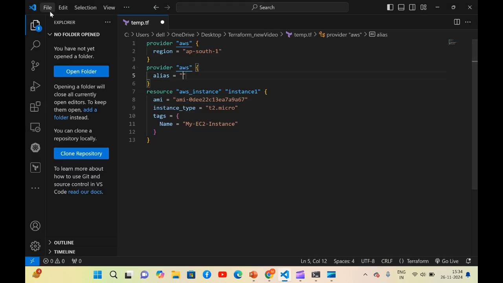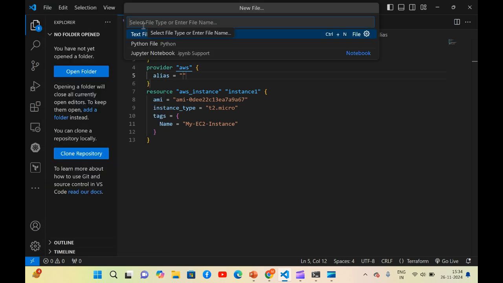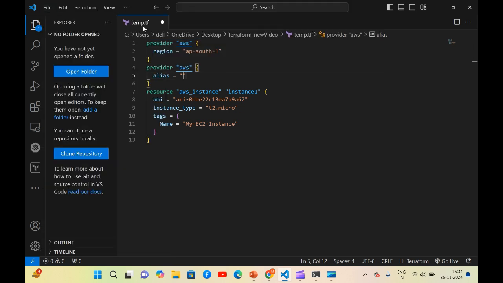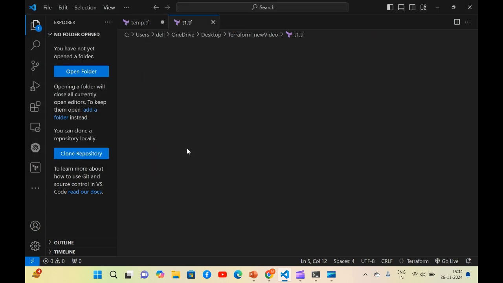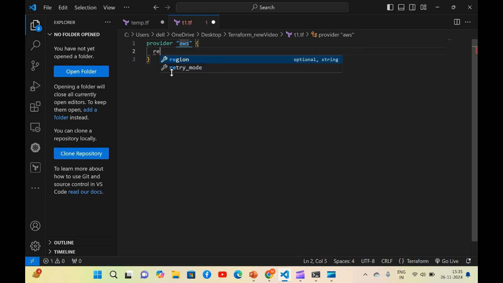Supposedly, first of all, create a .tf file. Suppose we want to create an instance on AWS using Terraform, using HCL, HashiCorp configuration language. What you need to do is first specify the provider, on which cloud you want to create an instance, right? Then on which region you want to create an instance. I will be making my instance in the Mumbai region, right? Then